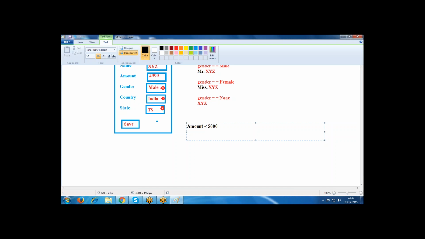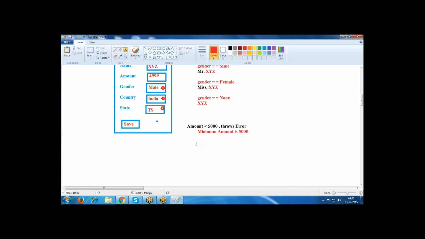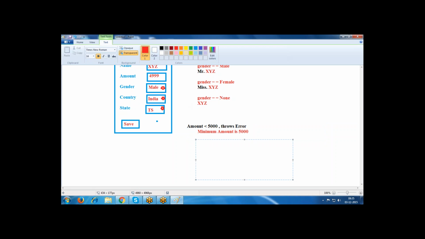The error is: minimum amount is 5,000. I want to display information like this. If you want to throw this information and generate error messages, we are using validation rules.